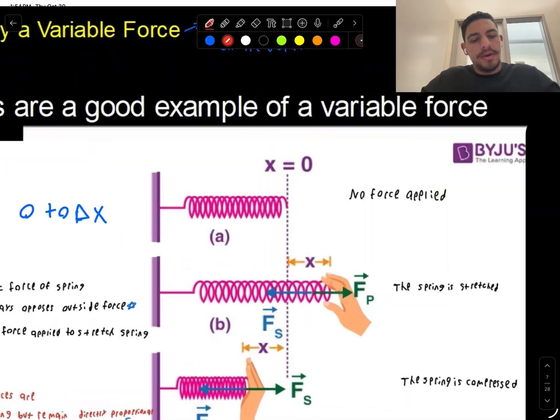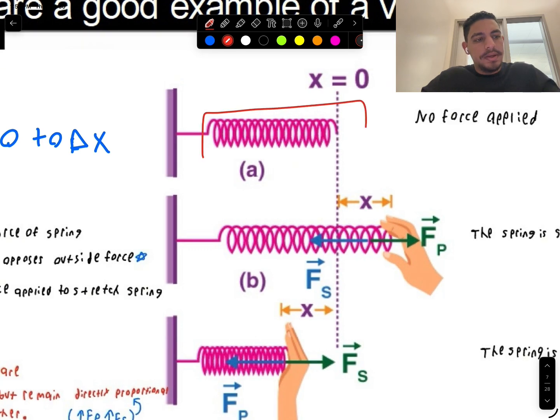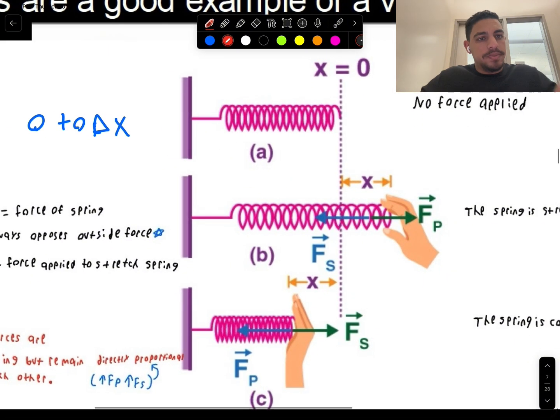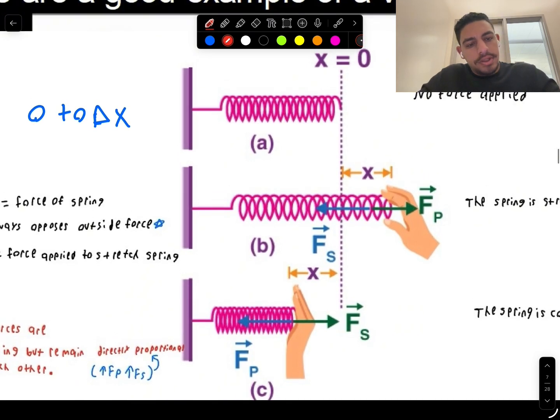If you take a look at this spring, right, this has no work being done. This has work being done, right? And so this is the same spring either being stretched or compressed. And so what you can see is, again, if energy over here is equal to 0, then it's not possible because the conservation of energy says that the energy is conserved. And so what you see is that at this point, there had to be energy when the spring was at its normal position, right? So that when you pull it, you do work on the object, and if work here is equal to 0 and work over here is equal to some number,